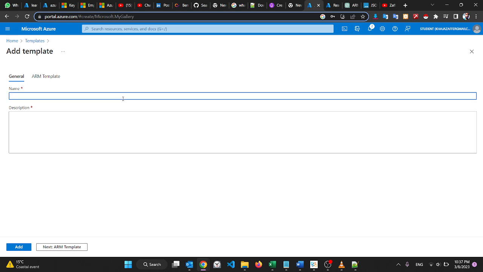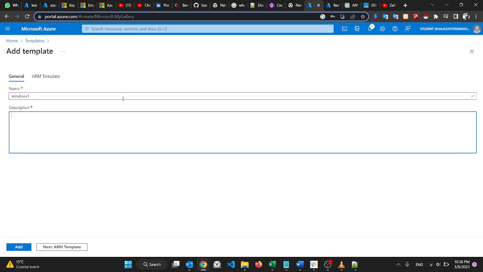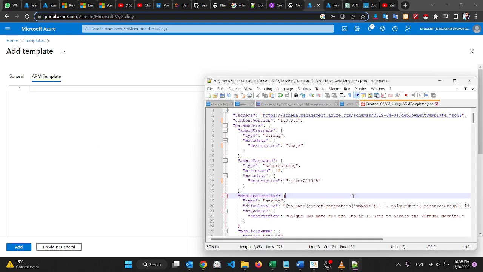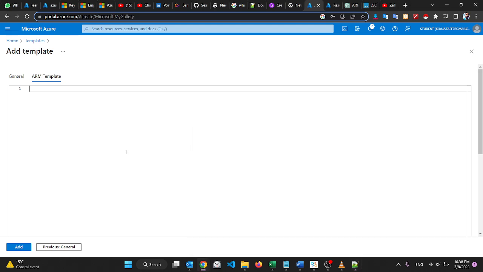So I'm creating a new one, and the name would be Windows one. This is the template, paste ARM. So I would go here and delete this. So I have this script